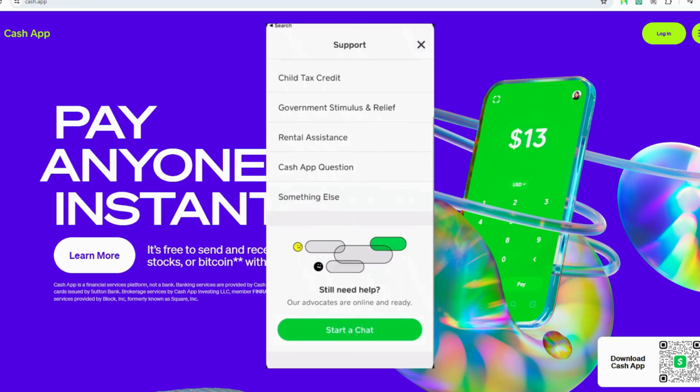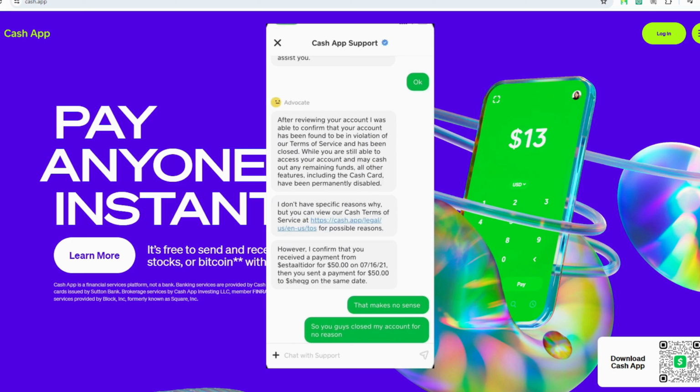Next, scroll through the options until you find the Cash Card selection. Choose to contact the support under the "Not About a Transaction" category, and by initiating a chat, you can communicate with the support agent. Clearly articulate your situation, specifying that you intend to remove a sponsorship or require assistance